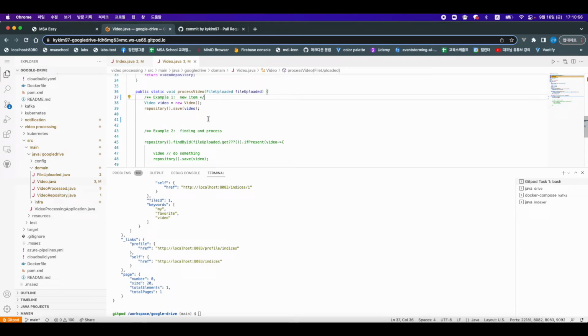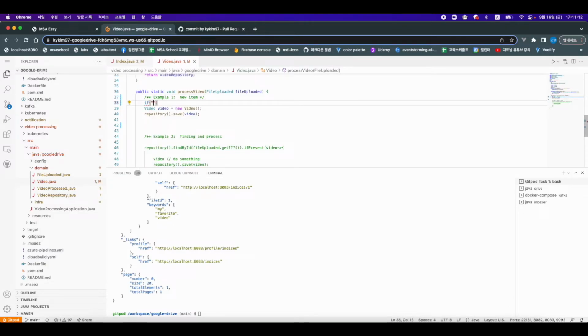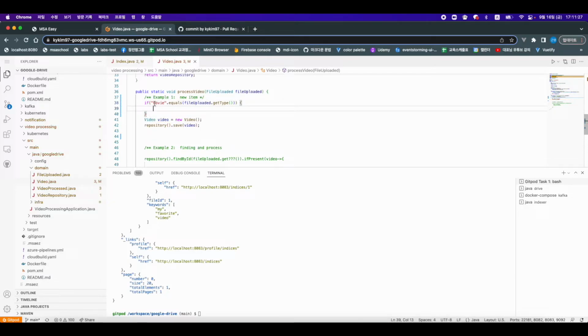So we made a file into type of movie. So if movie dot equals file uploaded dot get type. If the movie is the type of the file uploaded, then